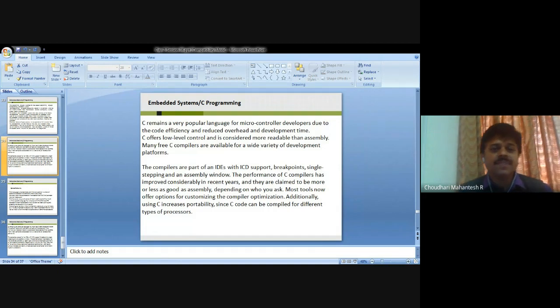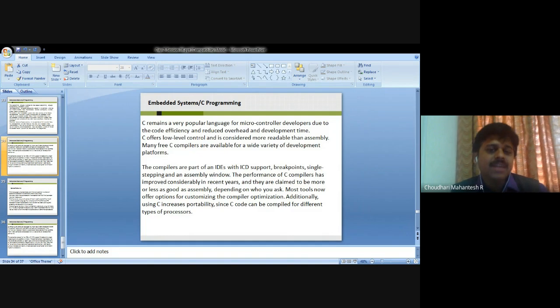By considering these, many free C compilers are available for a wide variety of development platforms, and the compilers are part of IDEs with ICD support, such as breakpoints, serial stepping, and an assembly window.